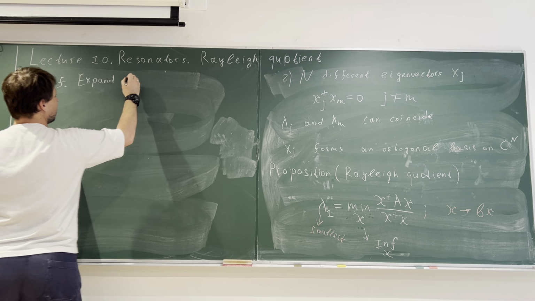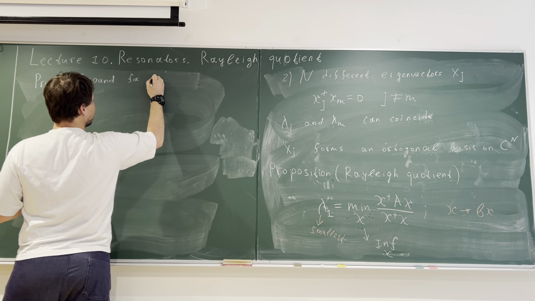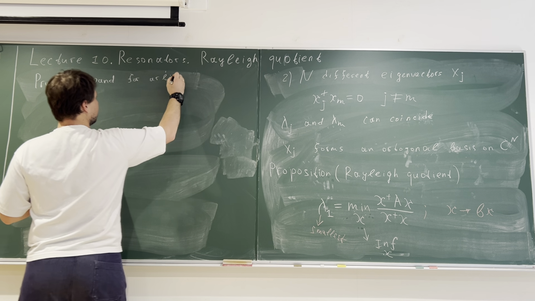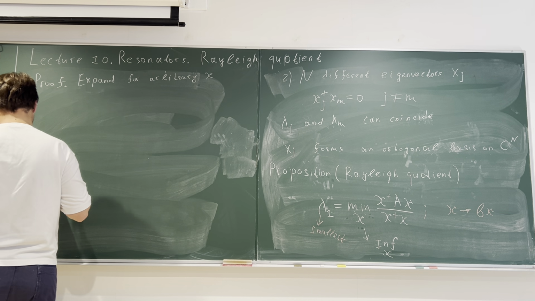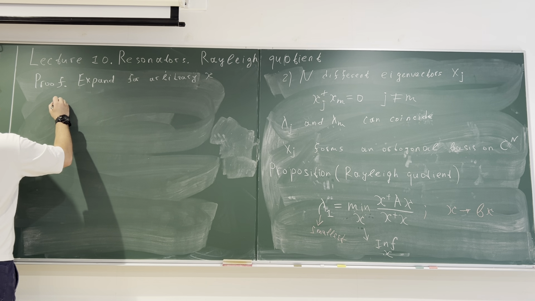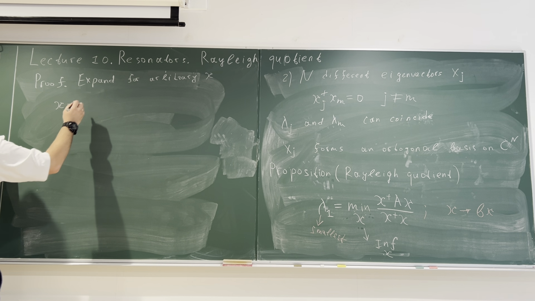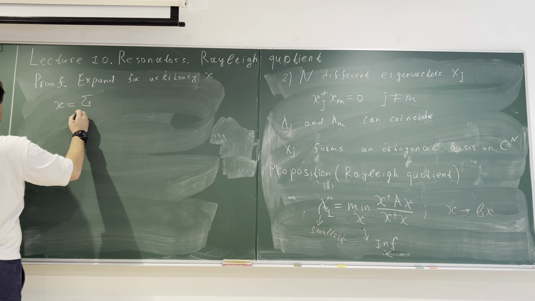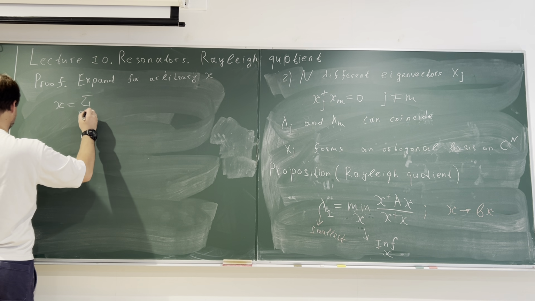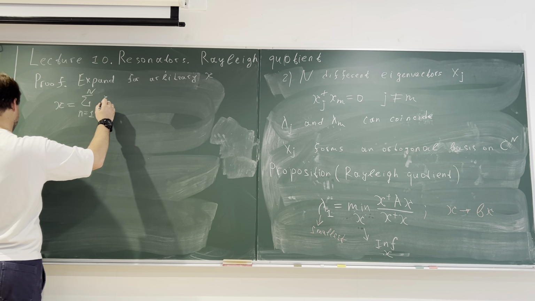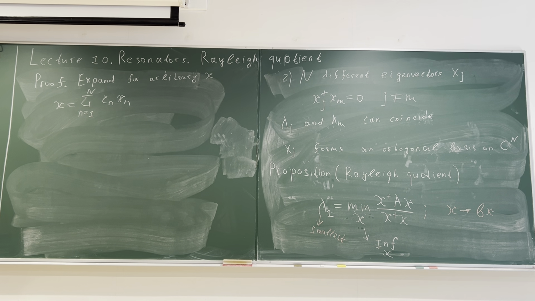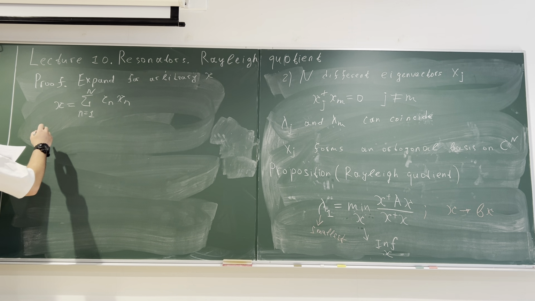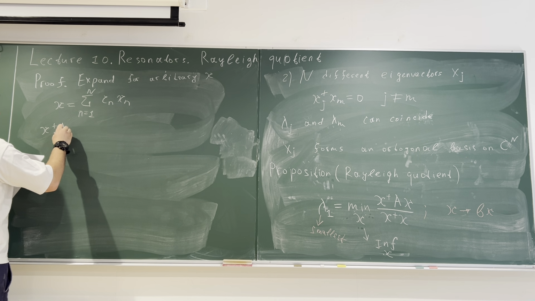Expand for arbitrary x. So we have an orthogonal basis, and we should use this fact. Then it means that we have the following expansion, which I would have called a modal expansion if it was for a wave problem. Modal expansion. And then for the quotient we have